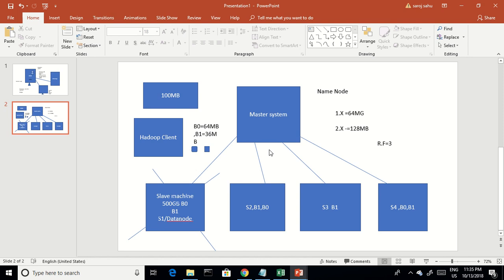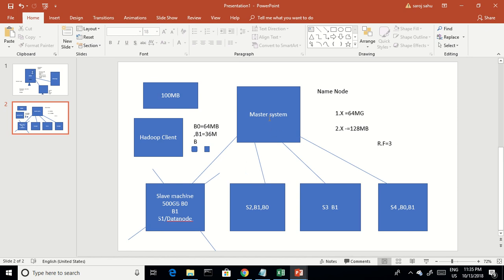So this is the beauty of the Hadoop file system. It is a fault tolerant system. There are a lot of concepts like how data read and write will happen, what is the block size, what are blocks, what is the replication factor, and how the machines communicate with each other. All those things we'll discuss in the upcoming sessions.